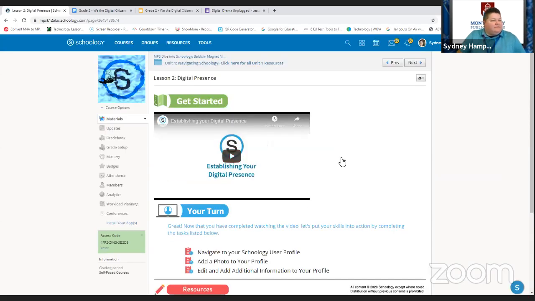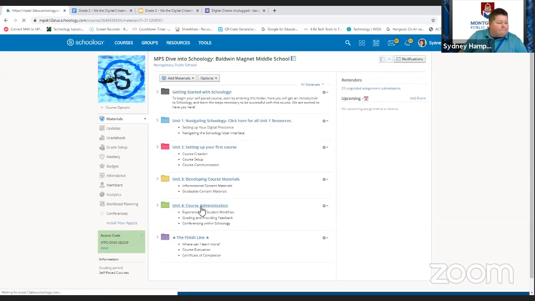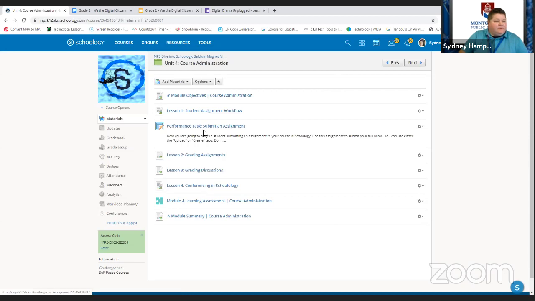So I have some things embedded here. I was actually looking for one of my assignments that I had created. You'll know it's an assignment because it has a pin on it. Let me make sure. There's one. Here's the performance test. It has a pin on it. So when I navigate to that assignment,